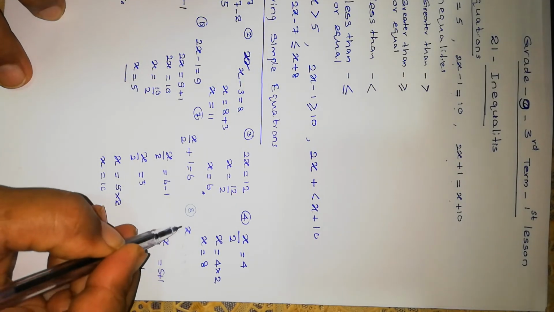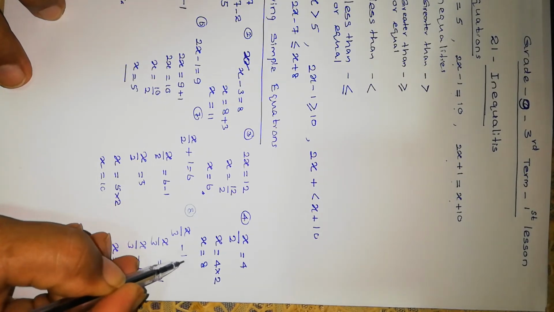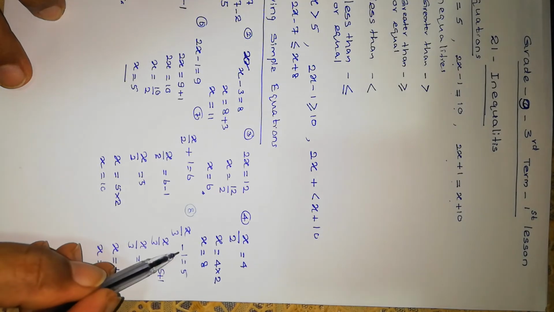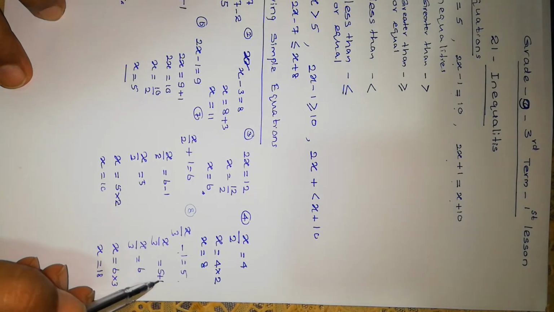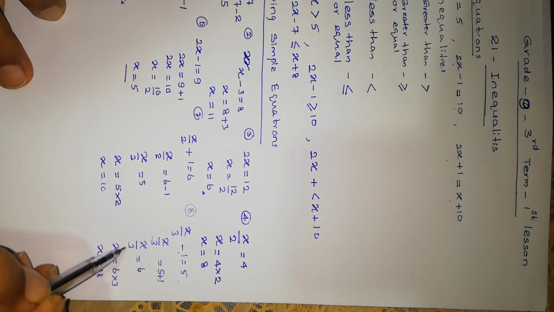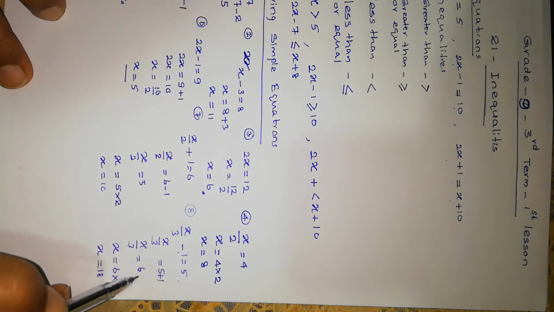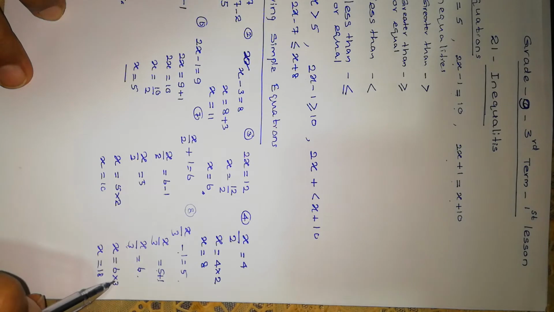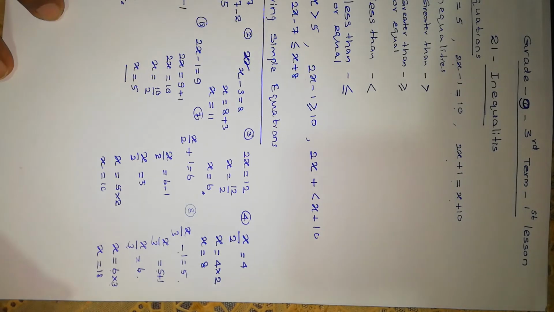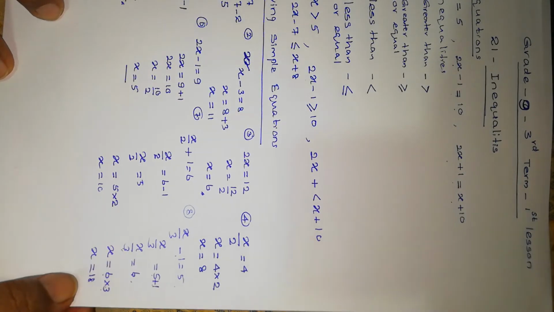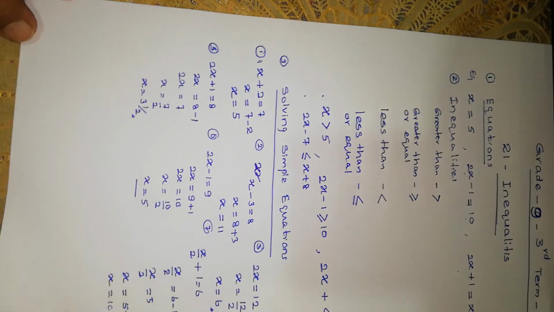When x divided by 3 minus 1 equals 5, you move this minus 1 from left to right first, it becomes plus 1. 5 plus 1 is 6. Then the division by 3 from left to right becomes multiplication, 6 times 3, 18. Right. Then, children, example number